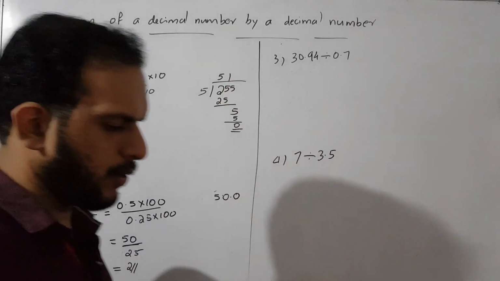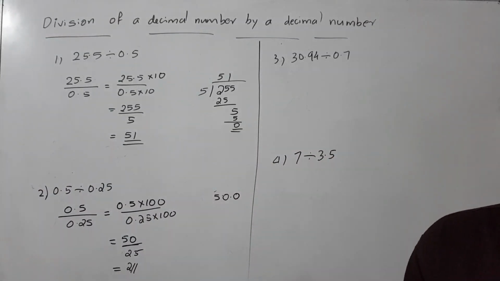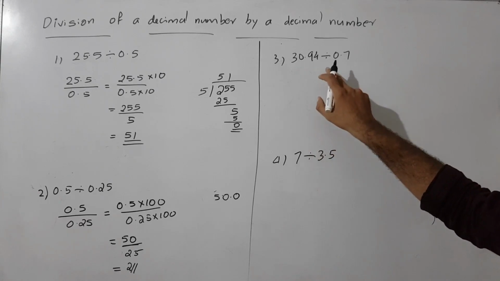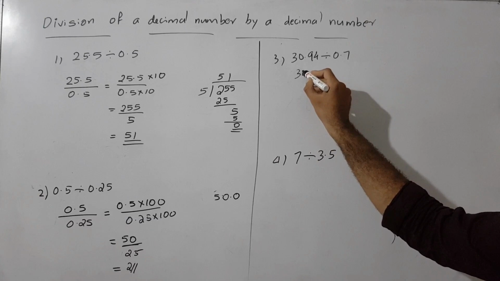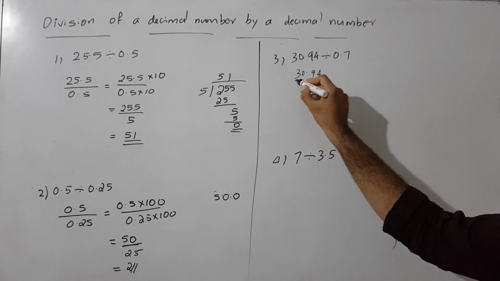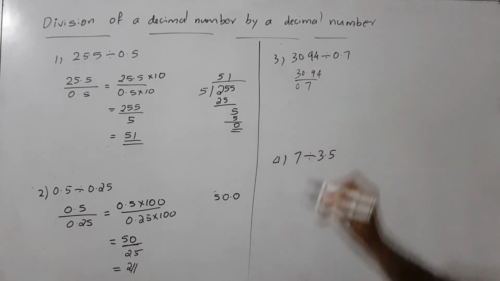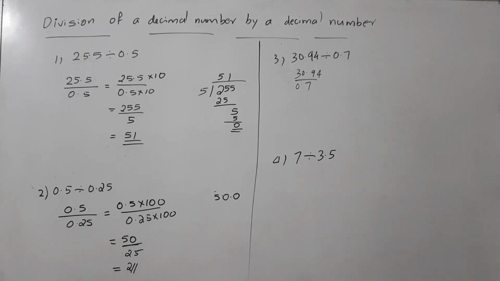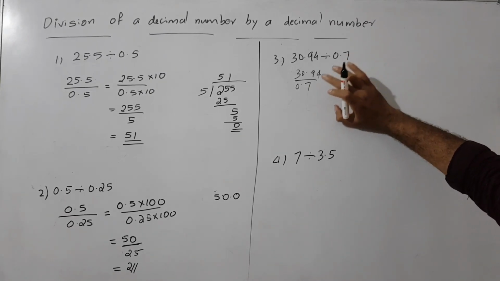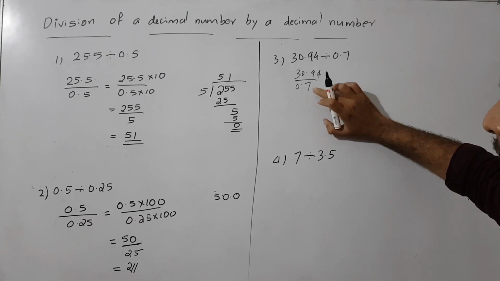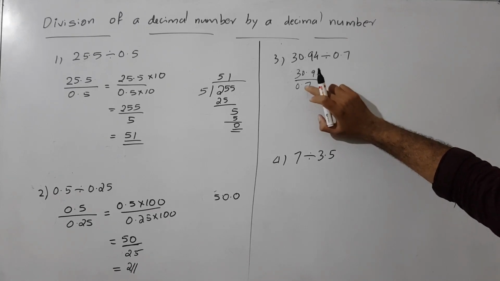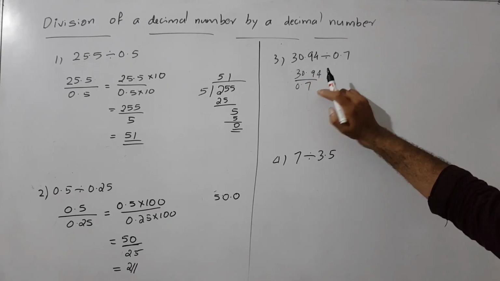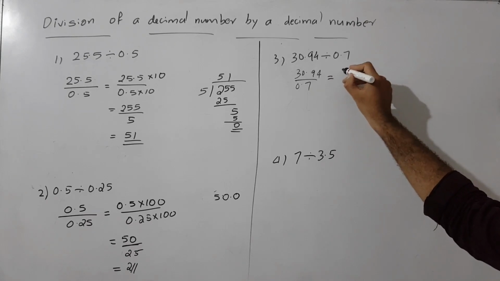Then we do the third one. The third example is 30.94 divided by 0.7. Then we write 30.94 divided by 0.7. So here, we do not consider the numerator, we consider the denominator. To make the denominator a proper number, we need to multiply by 10 because the decimal point moves 1 step back, correct? So is equal to